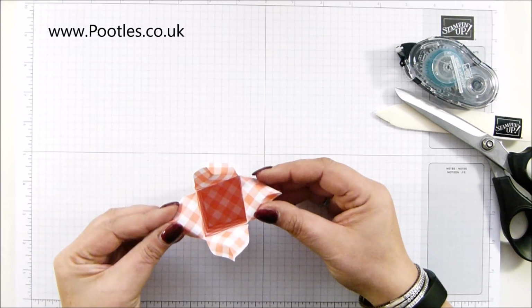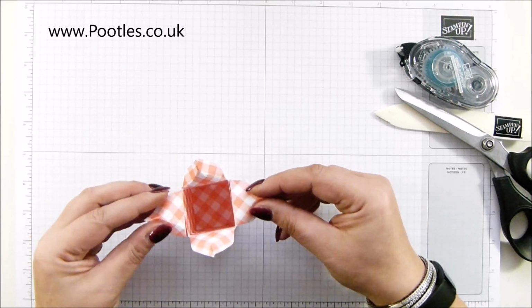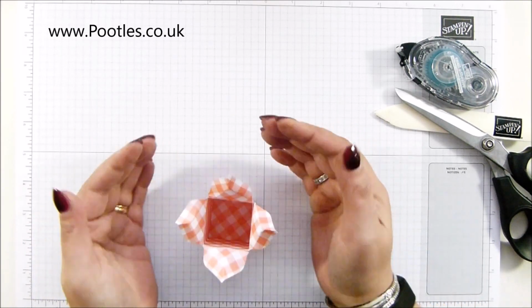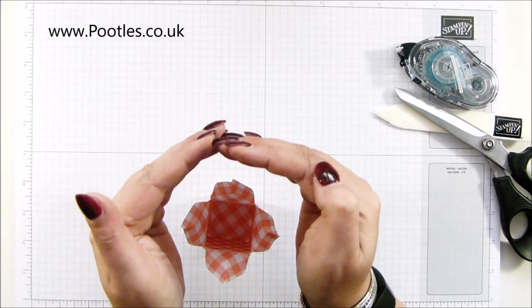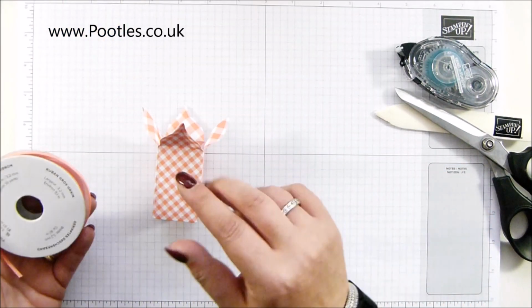So they're all pinched round. Wiggled that one a little bit. There we go. How cute is that? We just chuck some shadow over it so you can see it better. Very different. Okay, so I'm going to wrap some ribbon, and because this is an in colour, we've got an